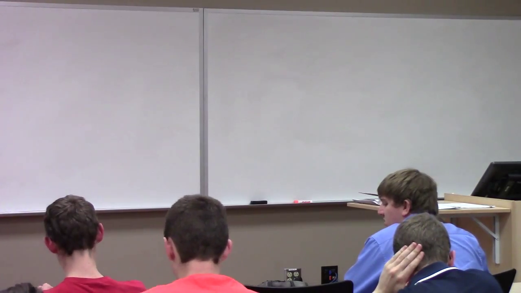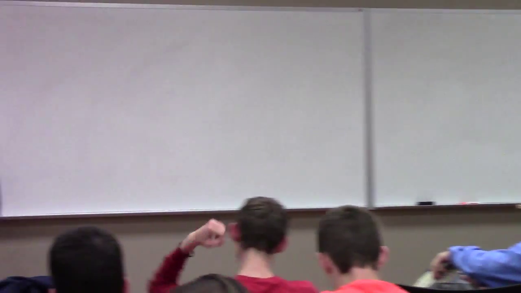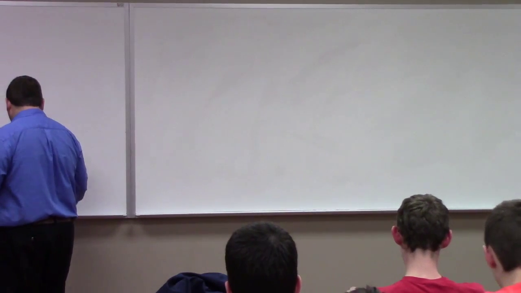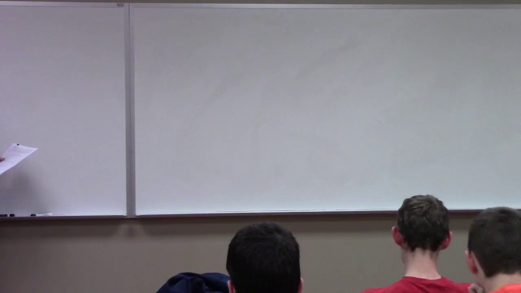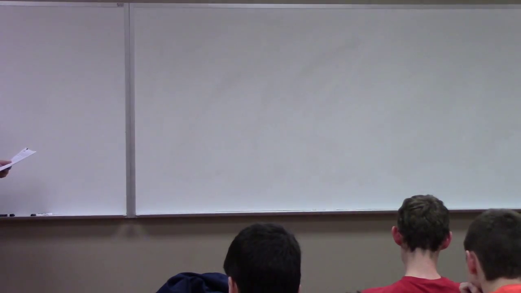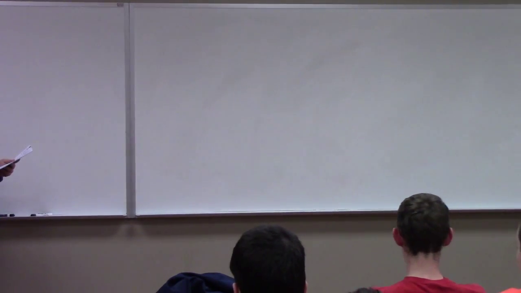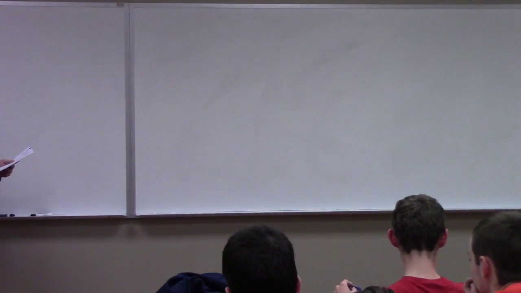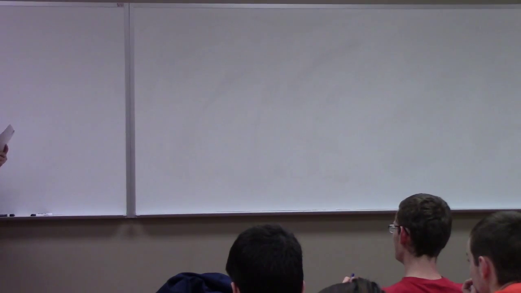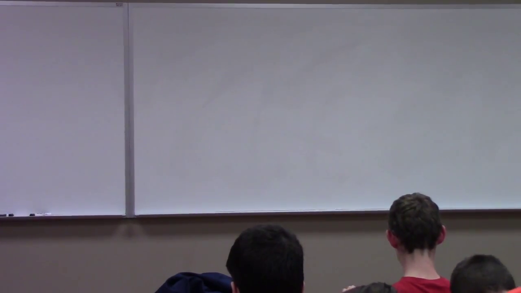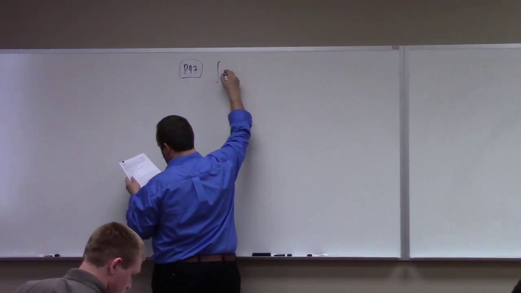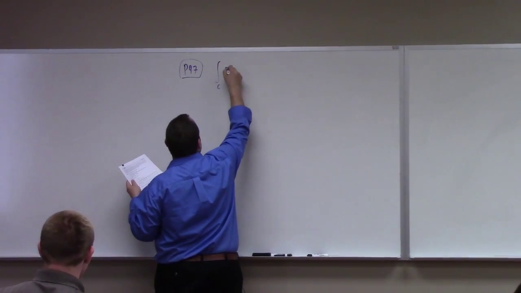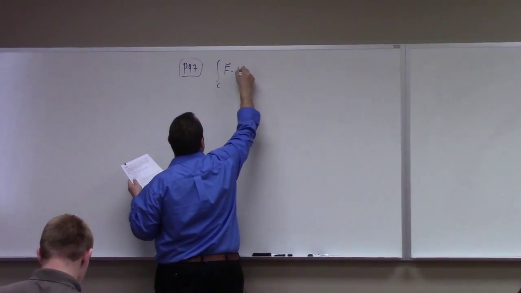Number 97? But did I say anything about Green's theorem in number 97? I mean, problem 97, you're asked to calculate the integral along some curve of F dot dr, but the thing is, the curve,